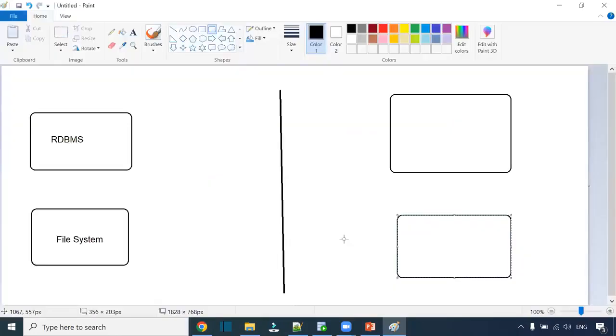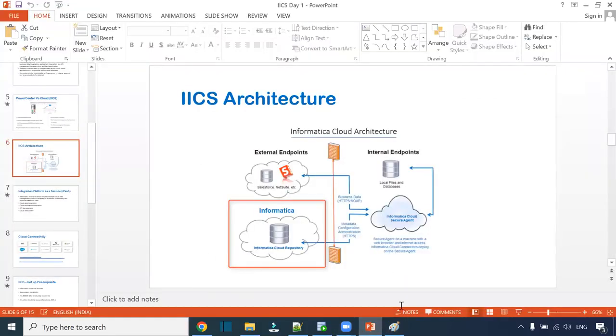And this is the secured agent, right? It will create a connection between our RDBMS and this one. All our application data, everything will be maintained behind the firewall. So this secured agent will provide the security. It will provide the security to make the connectivity between the RDBMS server and the outside servers. So that's what it will maintain. If you look at the architecture,